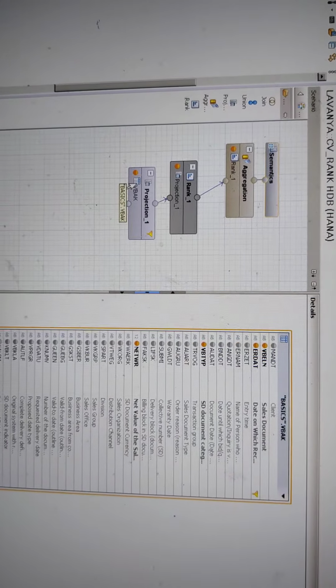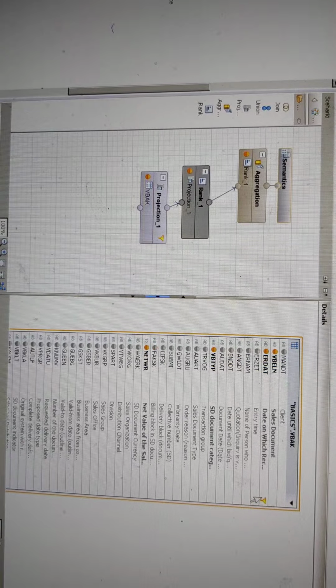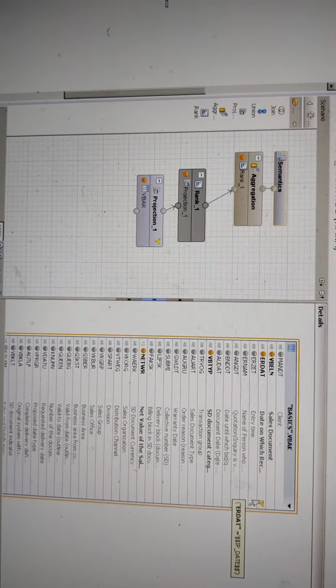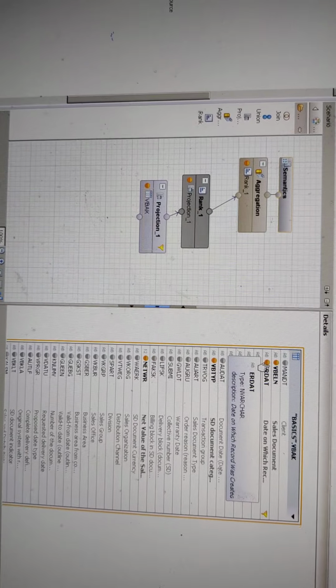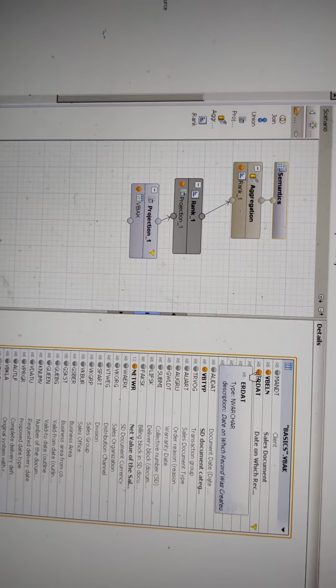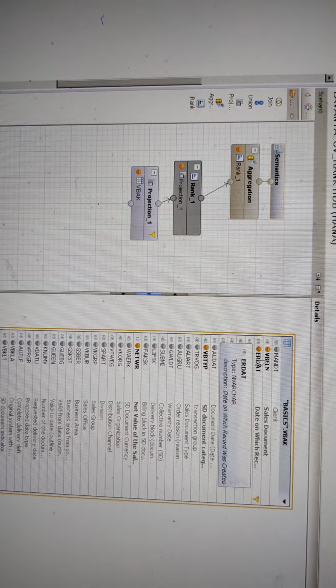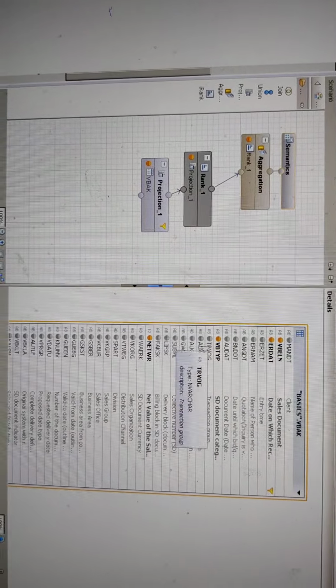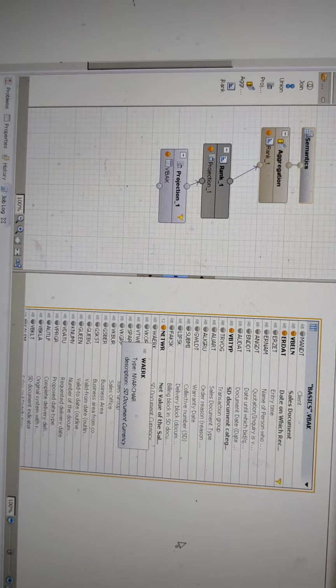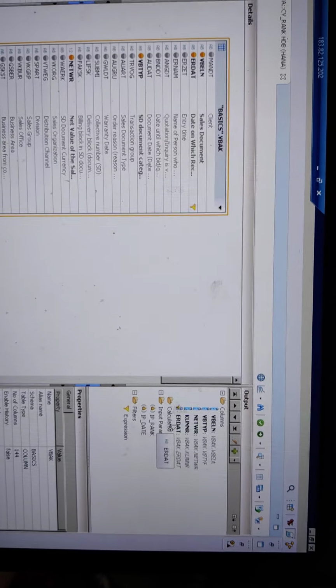Now I created a calculation view which is called CV rank. What I have done is, basically I've dragged a projection and just used a table, the VBAK table. I applied a filter, but just ignore this filter as of now. I only selected VBELN, VBTYP, NETWR and KUNNR. Here you can see this KUNNR. Ignore ERDAT because I used it later.